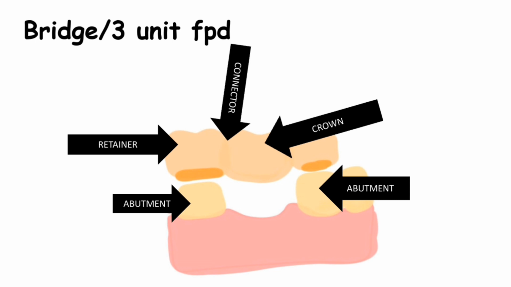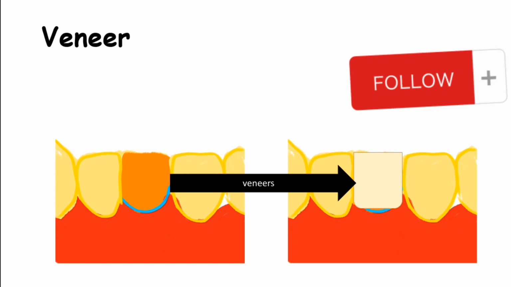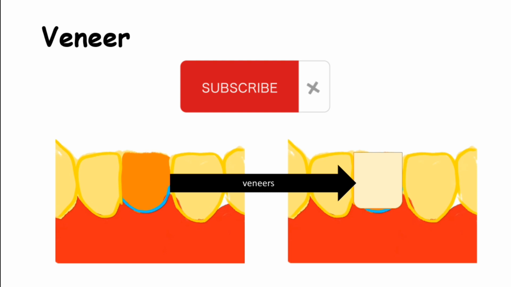Now we'll talk about the other type of prosthesis in fixed partial denture, that is a bridge. It is also called a 3-unit FPD. Another type of fixed prosthesis is the laminate veneer. It is a conservative alternative to full coverage for improving aesthetics. It is a thin layer of cosmetic material, that is ceramic or resin, that covers the facial surface of the tooth, and then it is bonded to etched enamel with resin cements. In the picture you can see